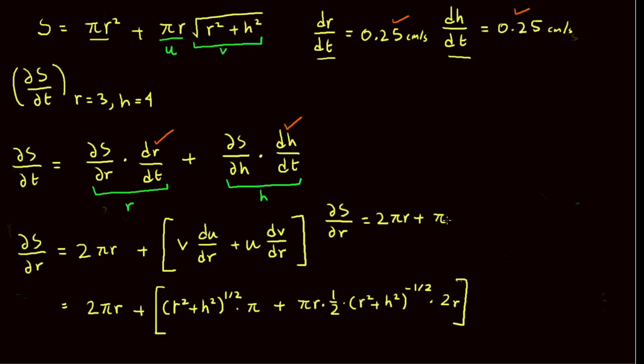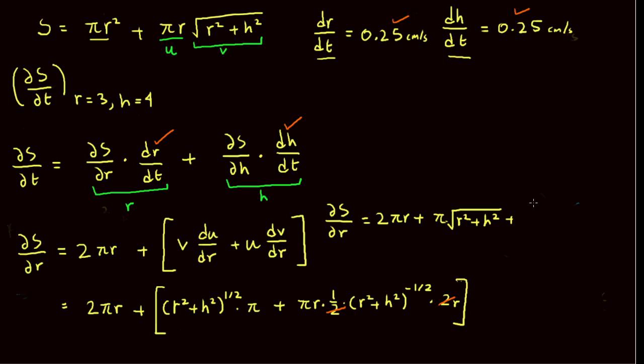Okay, so it becomes square root of r square plus h square, plus, let's see here, we have half. Let me use a different color. Let me just cancel out the terms here, so it makes it easier. So we would end up having